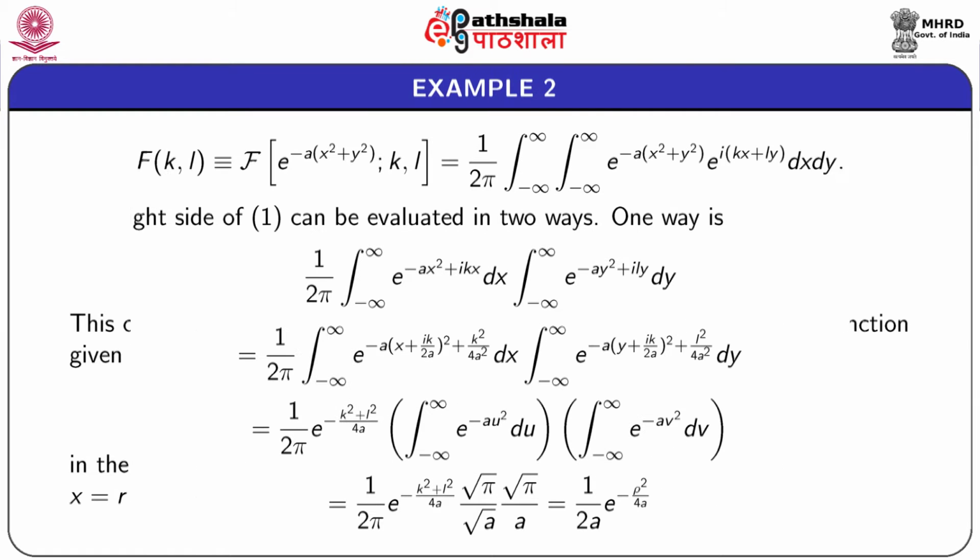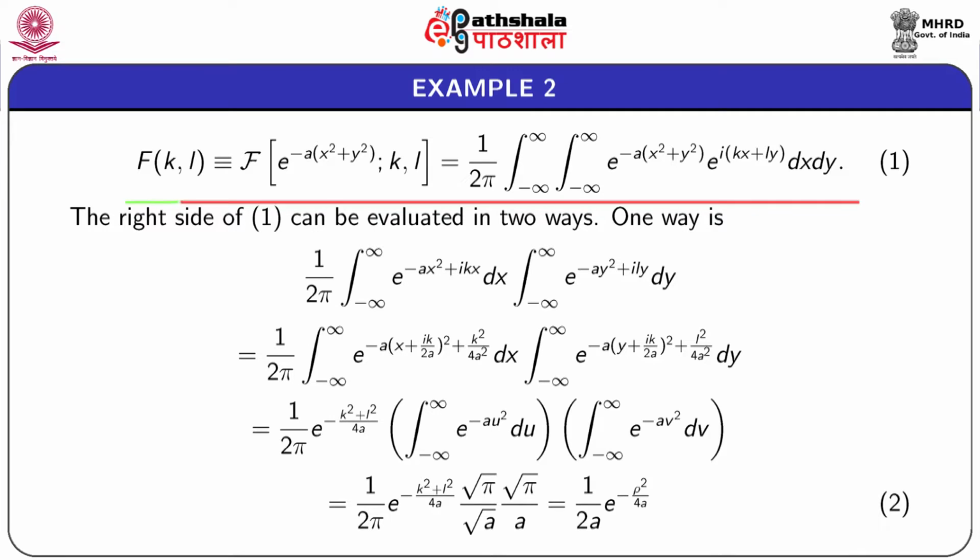And this is given by capital F(k, l), which is the two dimensional Fourier transform of the function e to the power minus a (x square plus y square), which is equal to 1 by 2 pi double integral from minus infinity to plus infinity e to the power minus a (x square plus y square) e to the power i (k x plus l y) dx dy, as given by equation 1. The right hand side of 1 can be evaluated in two ways. The first method is